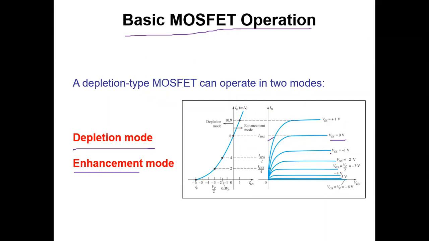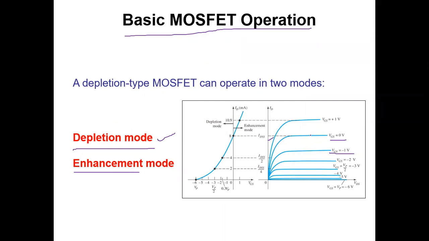You are putting VGS equal to -1. Because this is a depletion mode MOSFET, your channel will be depleted. And because of that, what happens? Your water flow is reduced, or here we are not dealing with water, we are dealing with the flow of electrons. So electron flow is reduced, and because of that, your current is reduced.